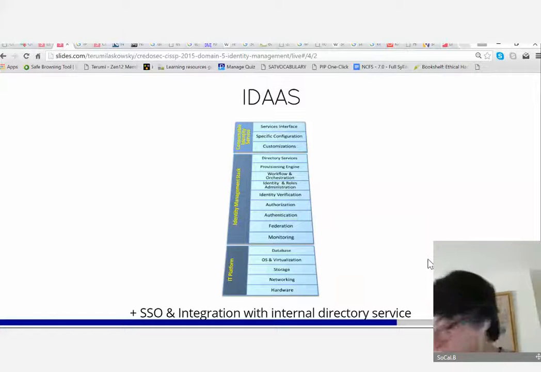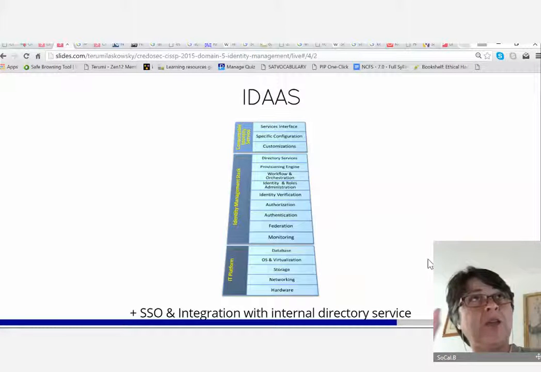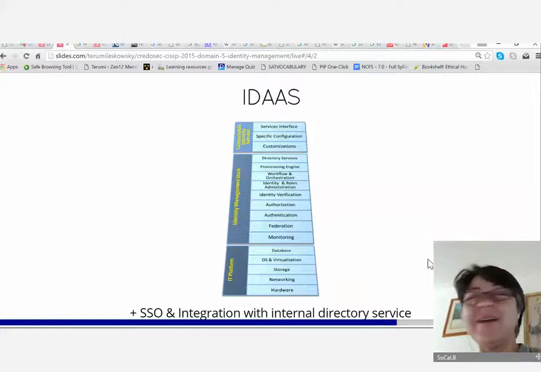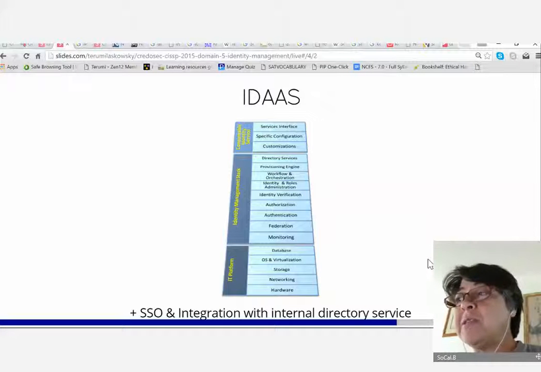The identity management stack is basically what we're looking for, and the idea is, wouldn't it be nice if it does all these things? Wouldn't it be nice if you have something like a directory service, so that we can actually update them, and a directory provisioning engine that you can go directly, straight into the IDOS and just enter people. How about the workflow and orchestration, so that we can have smooth account management, profile management, all those things. Identity and role administration right inside the IDOS would be very nice.